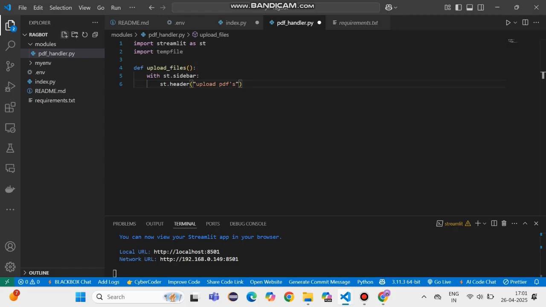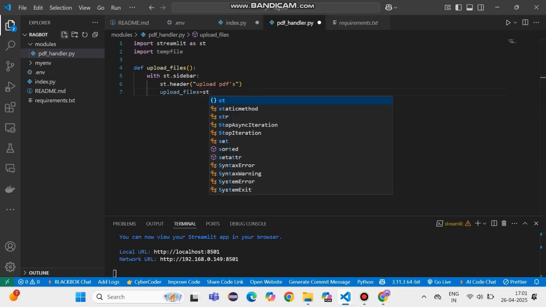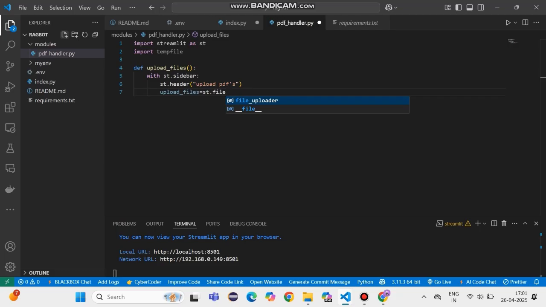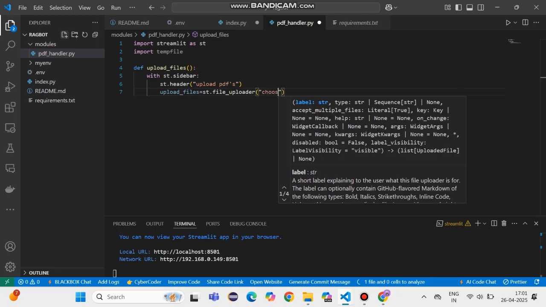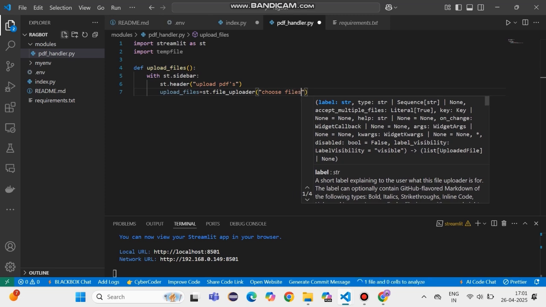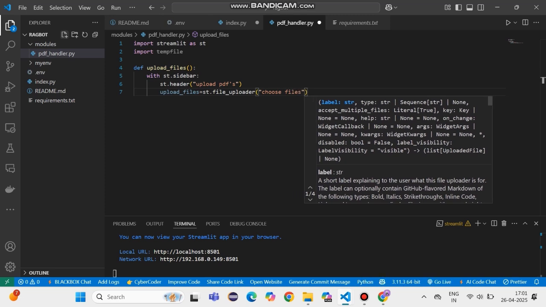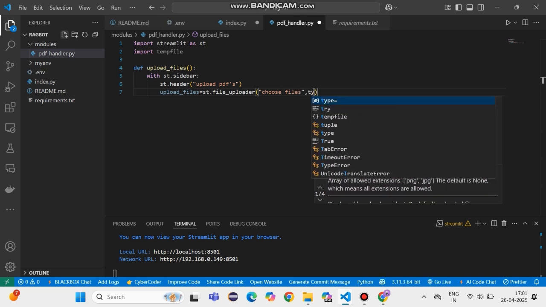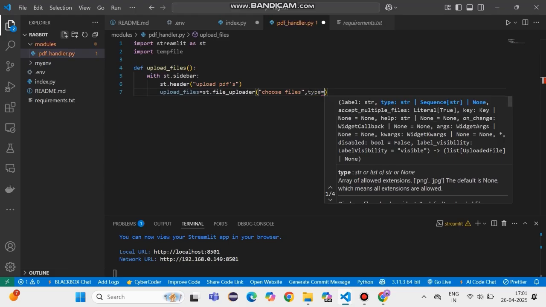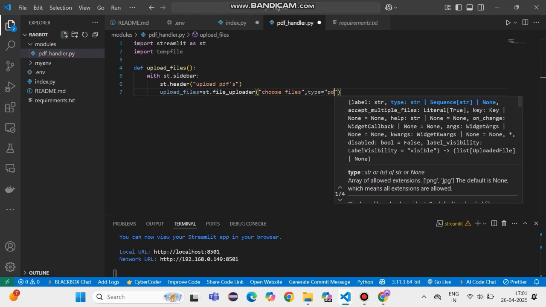After that, in a variable uploaded files, ht dot file uploader, of course, then choose files. I need to provide the type of file we'll be having, so it will be PDF,